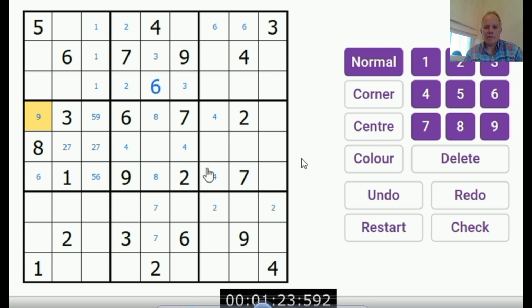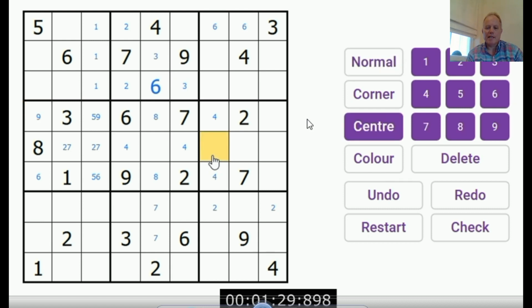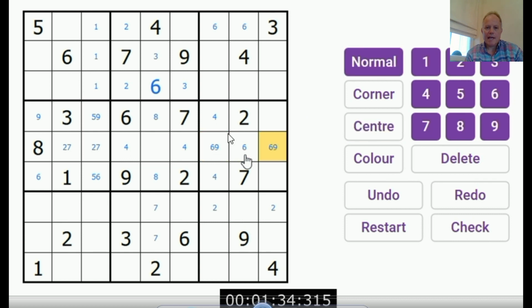But still not a vast amount more progress. I've managed to put 3s in 2 offset cells here. We don't know which one is a 3 yet. And now, using these 6s and 9s that we've put in, we can determine that there must be a 6 and a 9 in this group of 3 cells on the right hand side, but again, it's not clear which